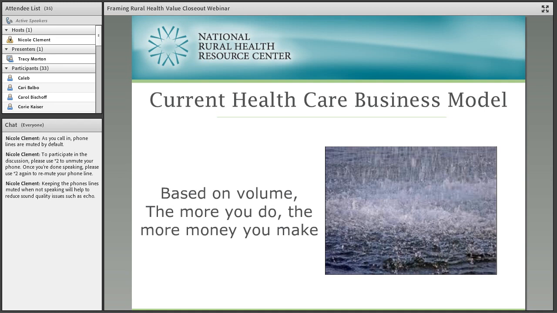And when we look at the current healthcare business model, it's really based on volume. And so in essence, the more procedures, the greater the interventions, the increased frequency of physician visits all result in more money for hospitals. And I don't think that's what any of us got in this business to do. It doesn't mean that our hospitals and physicians are necessarily money hungry, but they're just operating in the way that the system was designed to produce high volume. And so as we've talked about before in the webinar series, every system is perfectly designed to produce the outcomes that it's designed to achieve.